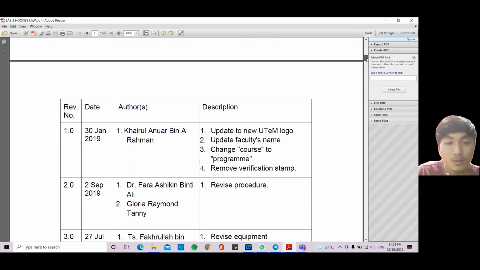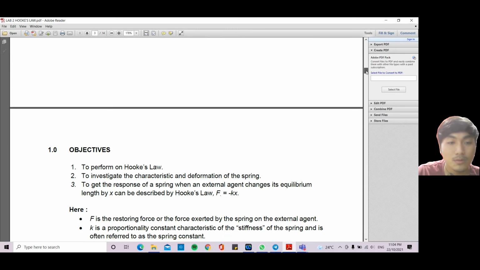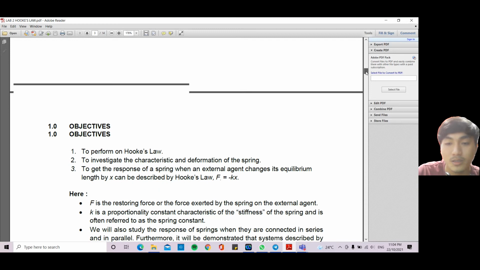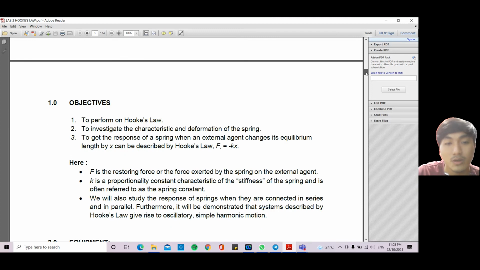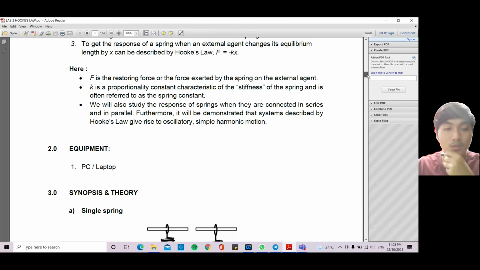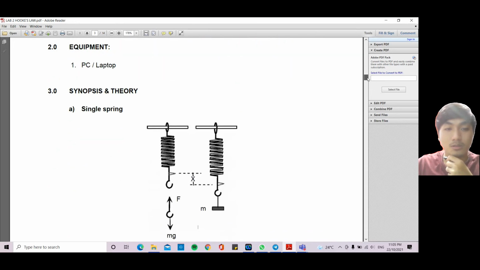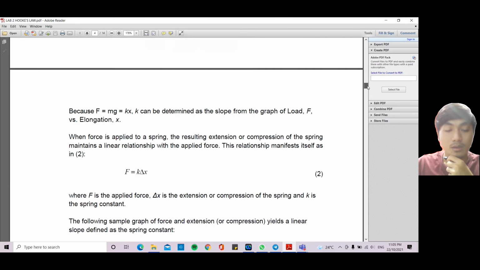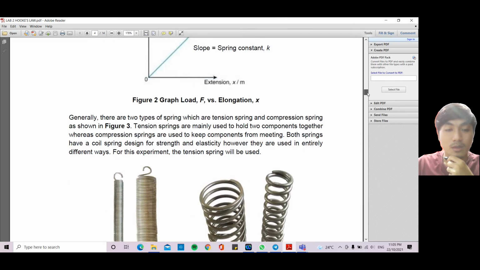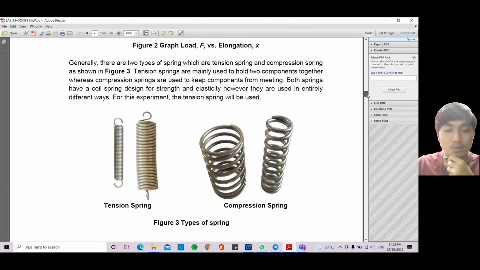So for the objective, to perform on Hooke's Law, to investigate the characteristic and deformation of the spring, to get the response of the spring when an external agent changes its equilibrium length by x, which can be described by Hooke's law, F equals negative kx. So this is just a synopsis of the theory, a single spring,